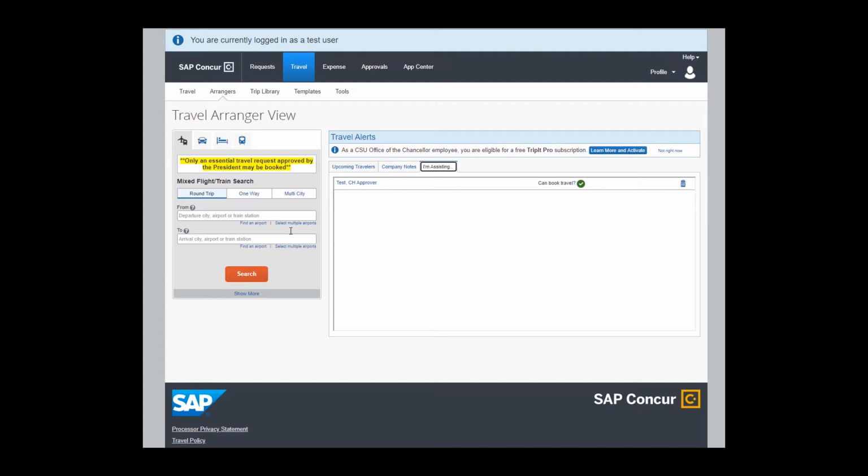So the travel arranger access gives you the ability to book travel on behalf of someone else. The delegate access gives you the opportunity to start a travel request or an expense report on behalf of someone else. So to perform any of those three functions, the way you would do that is act as the other